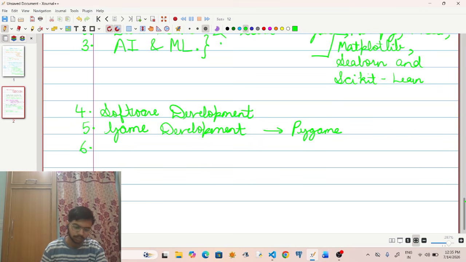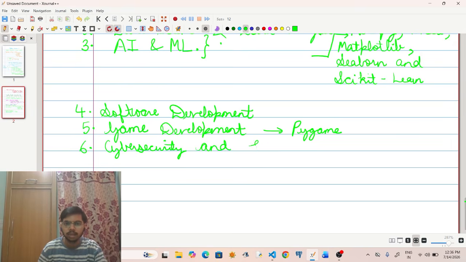The Python programming language is also used in cybersecurity and ethical hacking.